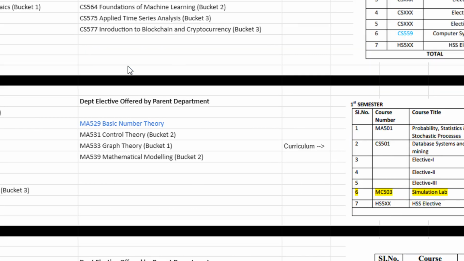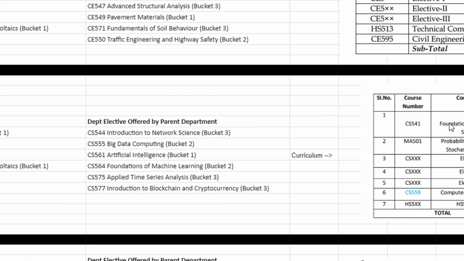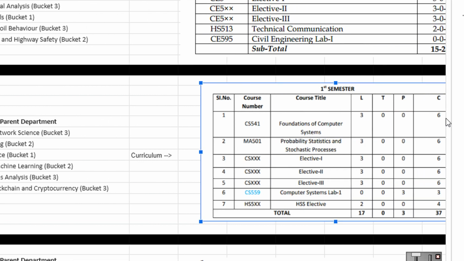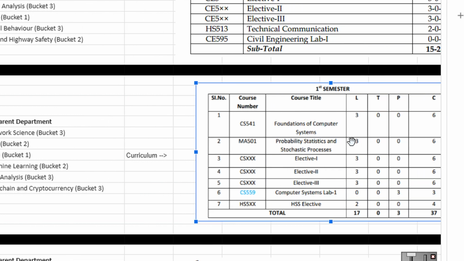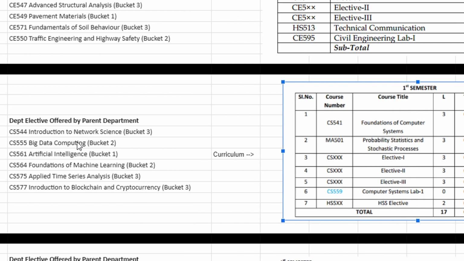So if you can see computer science engineering department, first you have to look at the curriculum. The curriculum screenshot is placed on the right hand side. If you see this curriculum, it will say elective 1, elective 2, elective 3. So MTech CSE also has 3 electives. Fine. 3 electives means now I have to have bucket 1, bucket 2, bucket 3, and I can choose only one subject among every bucket.